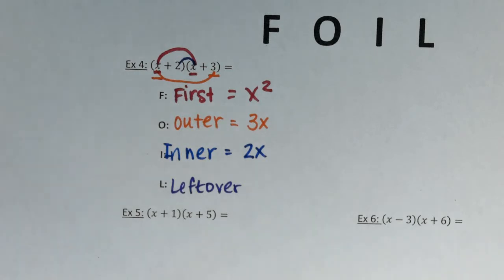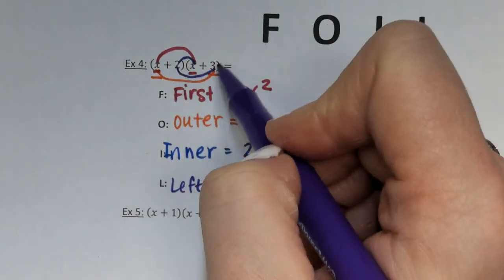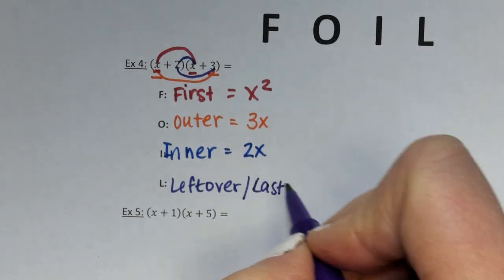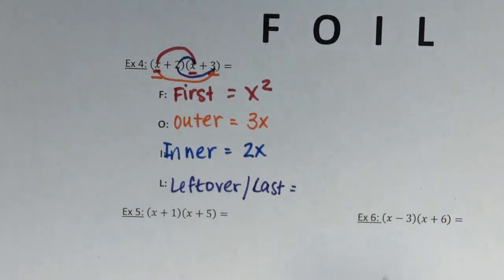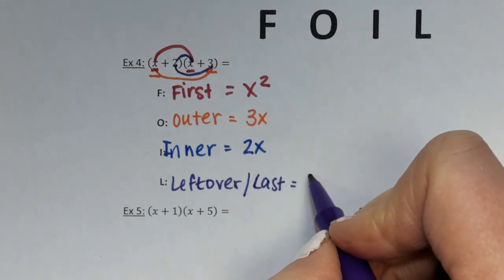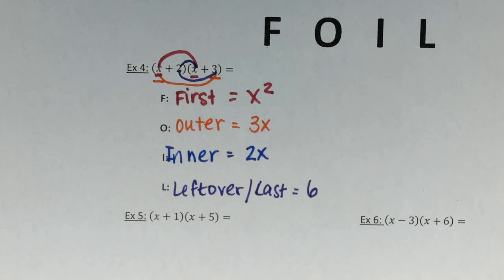And the leftovers are the two that we haven't multiplied together. That's the last two. You could call them leftovers or the last. Okay. The last two is a 2 and a 3. So 2 times 3 is 6. Because we're multiplying this whole thing. Okay. So now,